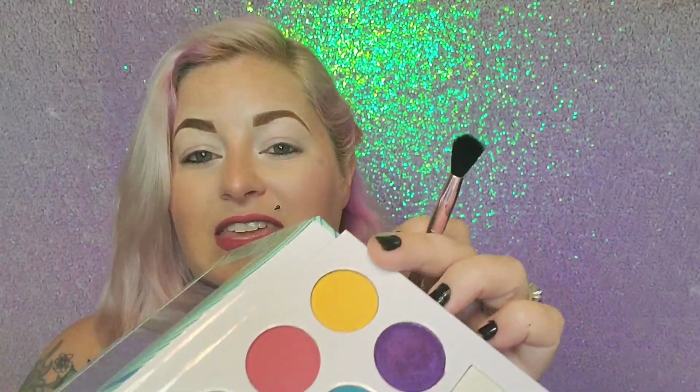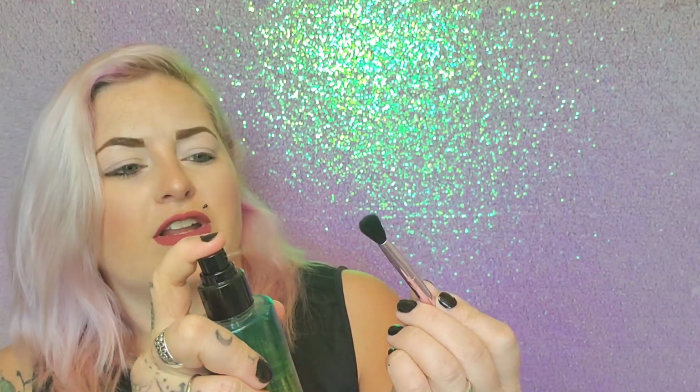Getting in close so you can see, I am going to attempt a cut crease. I'm not really good at those, so we'll see how this goes. But to start with a good base, I'm going to use the brush that came in the palette. We're going to test this out and see how well it does. I'm going to take the yellow as my base color, and just to make sure that I get pigment because I want a really bright color, we're going to do some setting